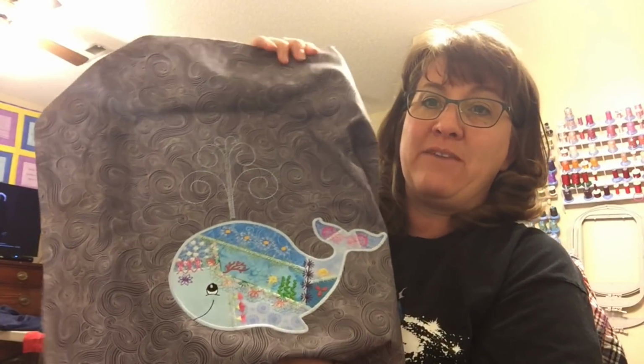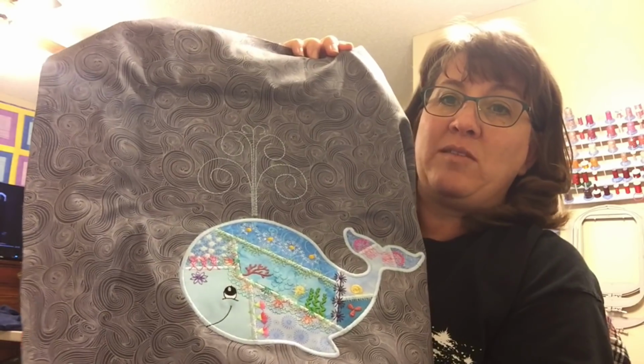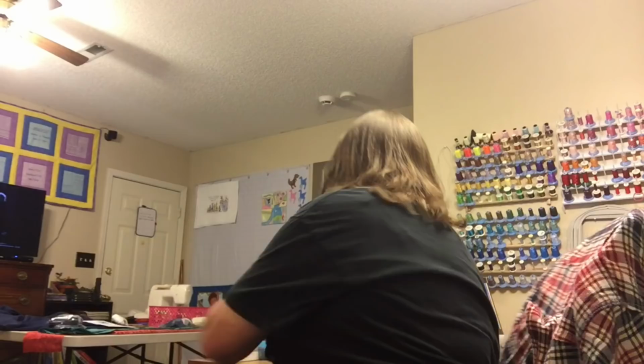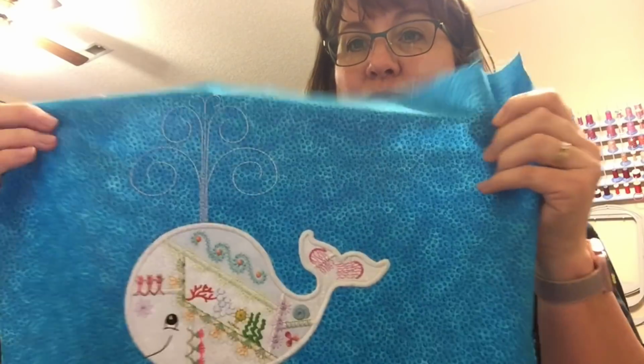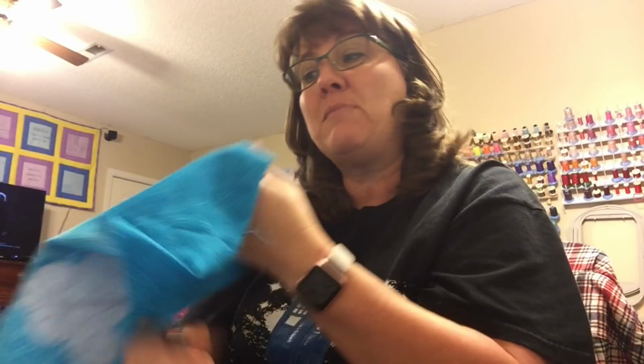So once again, here is my version tonight on this crazy stormy looking sea of gray. And the first one that I did was more like a baby beluga. I did it in white. Isn't that super fun? Anyway, so use your imagination, pick your colors, and when you're all done, post them on